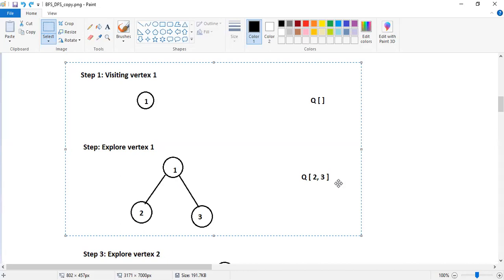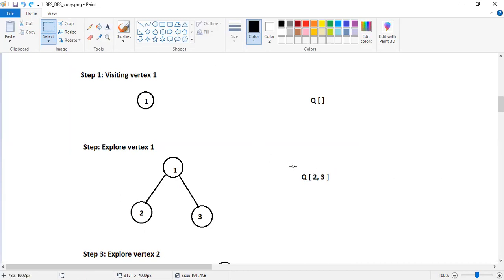Because we have explored 1 and all the possibilities are 2 and 3. Yes, that is correct. So we have written just 2 and 3. The queue elements we write here are what the queue consists of at the end of that particular step. Before that, when we start step number 2, in the queue we will be having vertex 1, which will be unexplored. So we add it into the queue, right?